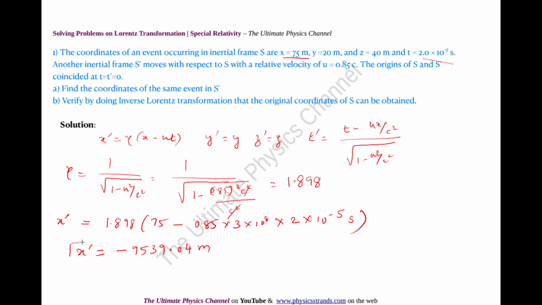So this is my x prime coordinate. Of course, my y prime is going to be equal to y, which is 20 meters given here, and my z prime is going to be equal to 40, which is the same as the z coordinate,